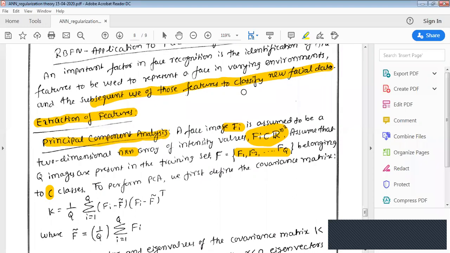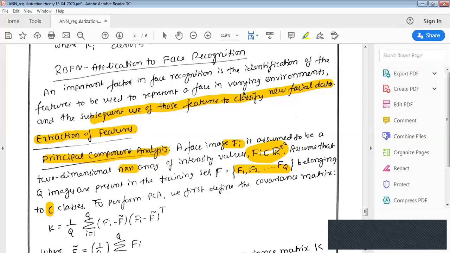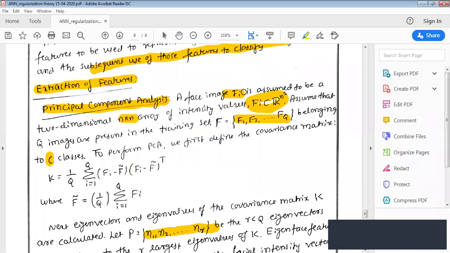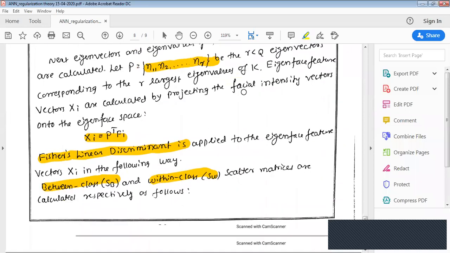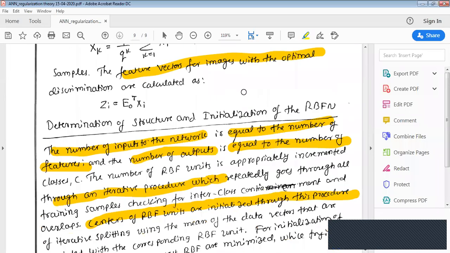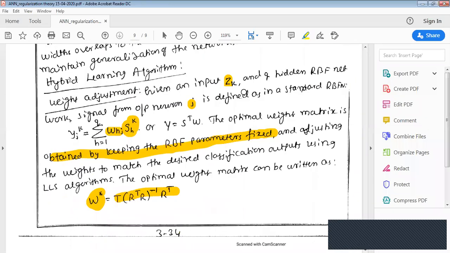Okay, so what I do, I have taken around 1 to 1.5 pages because there were so many face photographs. We cannot draw all those face photographs. So whatever is done, I have summarized in this one. Okay, so the summary will be asked for 6 to 8 marks. Okay. Once you read from the textbook, if you find anything missing, anything I have to cover, I'll cover it for you more. Okay.